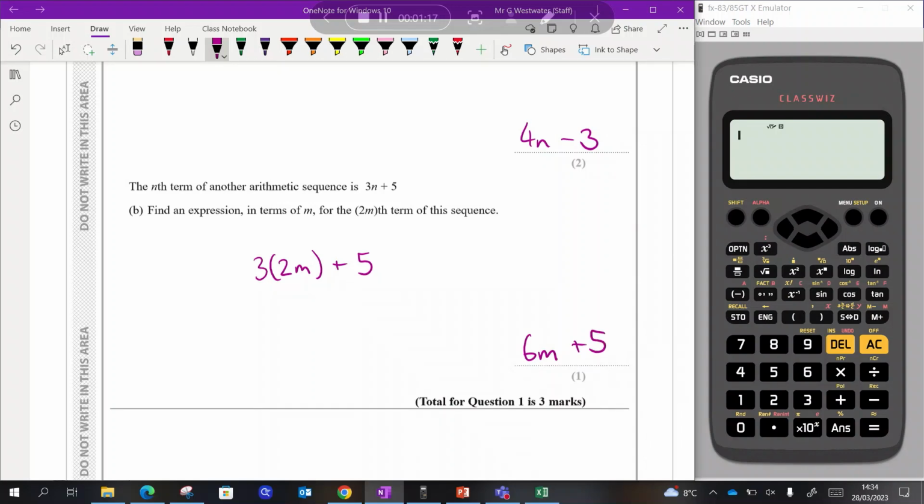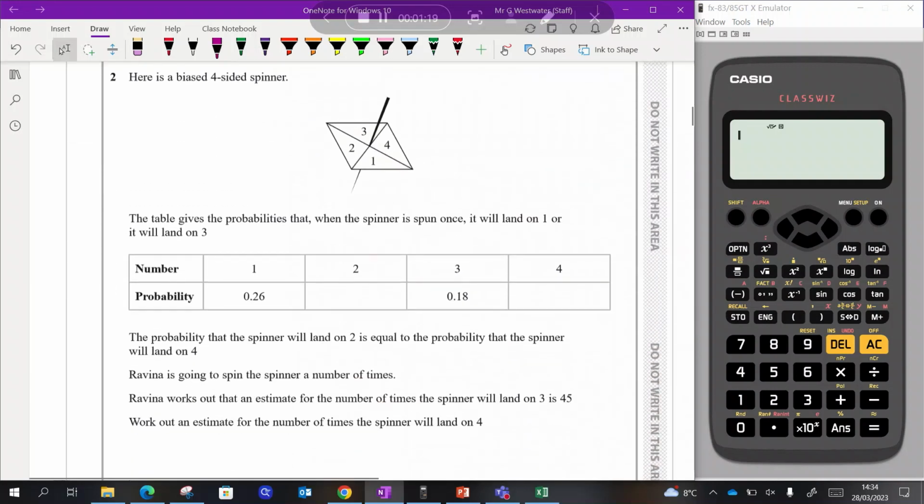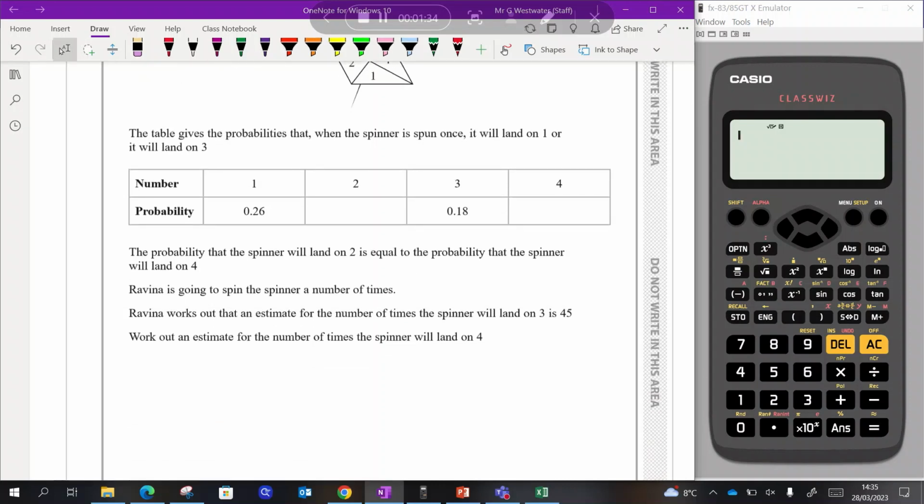Okay, on to question 2. Here is a biased four-sided spinner. The table gives the probabilities that when the spinner is spun once, it will land on 1, or it will land on 3. So 1 has a probability of 0.26, 3 has a probability of 0.18. If we add those two together, 0.26 add 0.18 is 0.44, which means we have